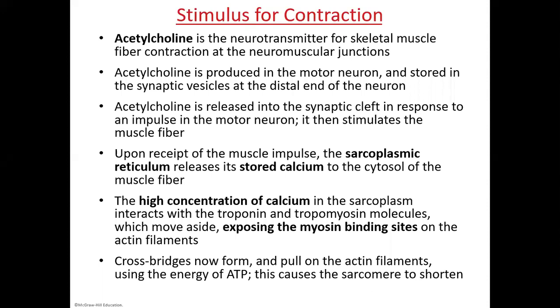So the motor neuron is actually responsible for making this chemical. It gets stored in the axon in vesicles. We call them synaptic vesicles because they're very nearby the synapse. So the acetylcholine is stored there and it's just waiting for the neuron to tell it to go and do its job. So if the neuron receives the message from the central nervous system that this muscle needs to contract,